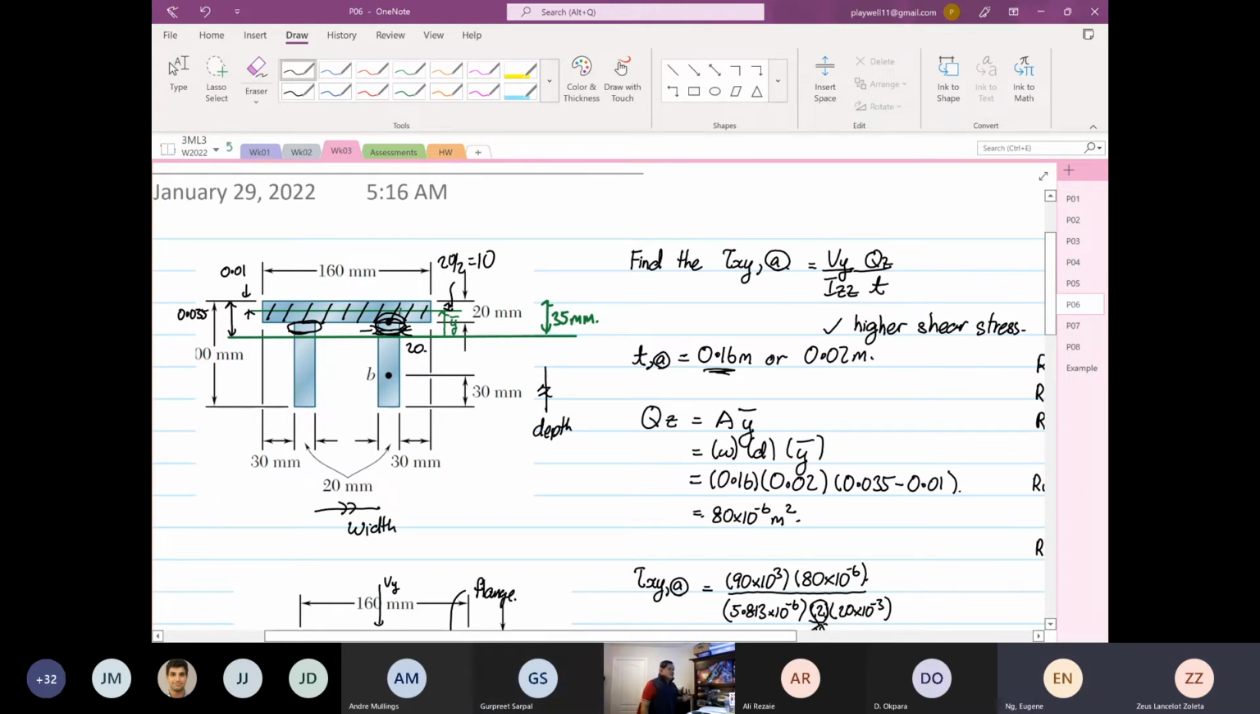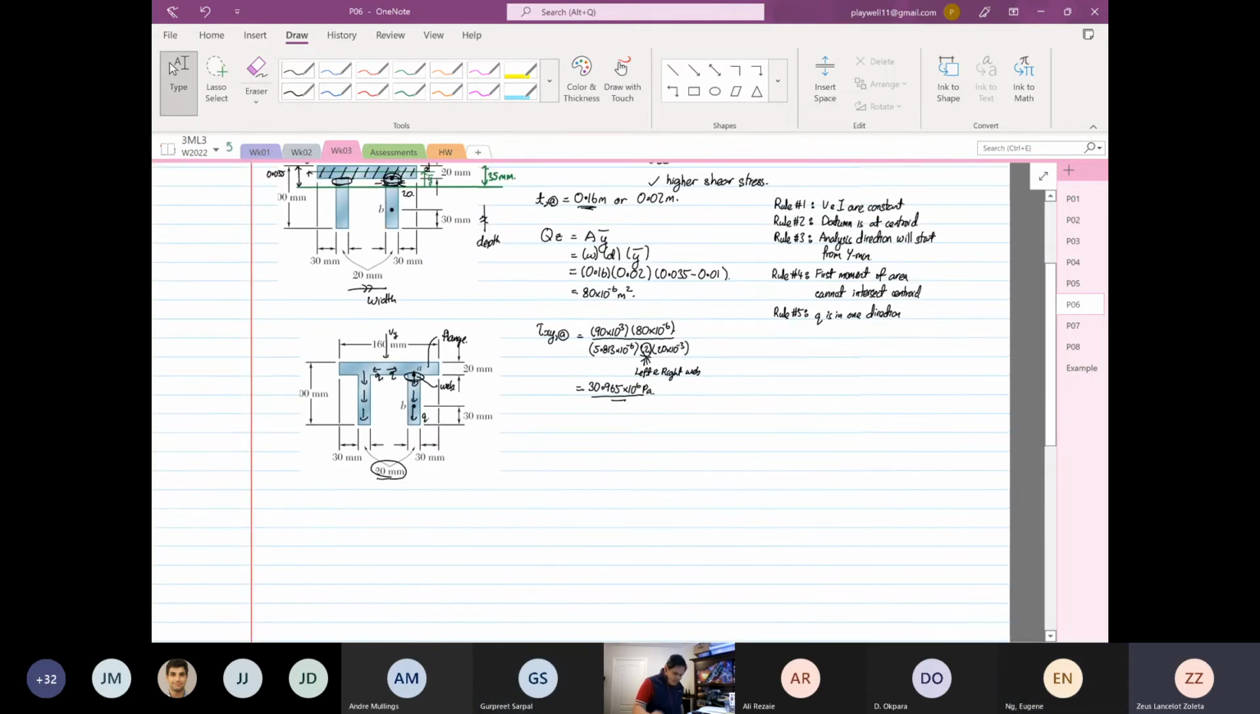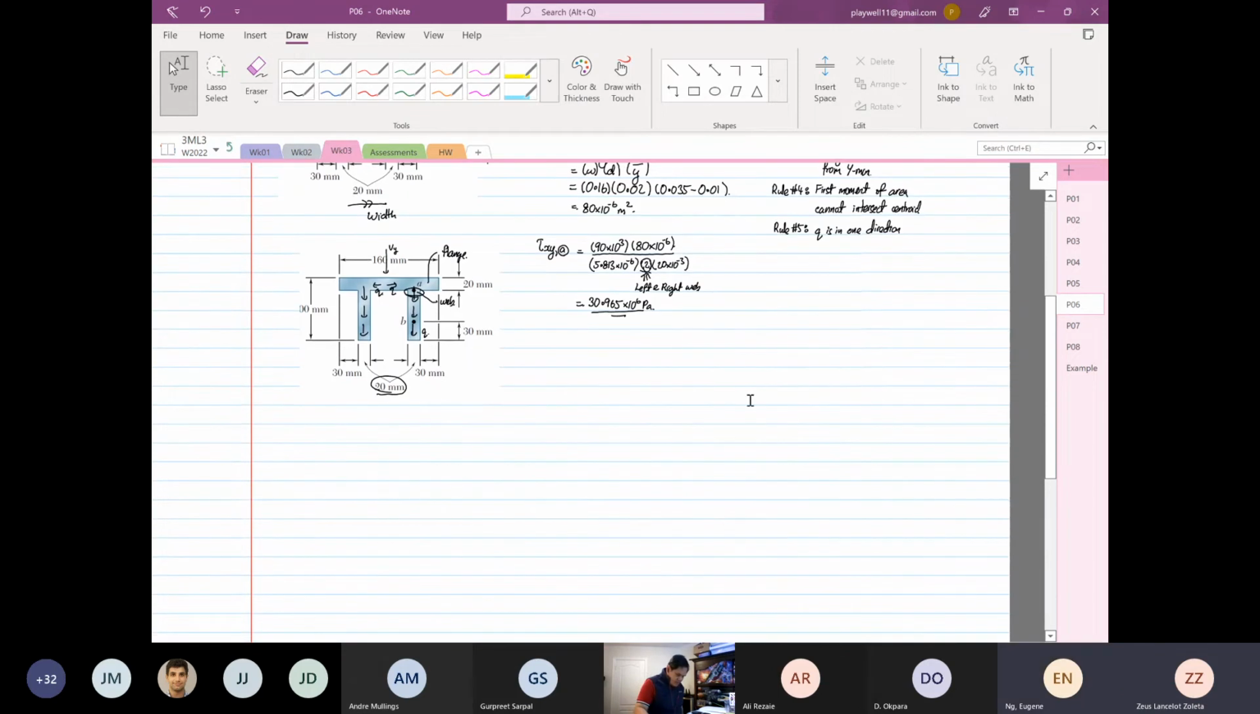Why find the lower magnitude stress? Makes sense. You want to determine something that is a higher stress, but you also need to consider the right thickness. Okay. So the next one, we are going to find